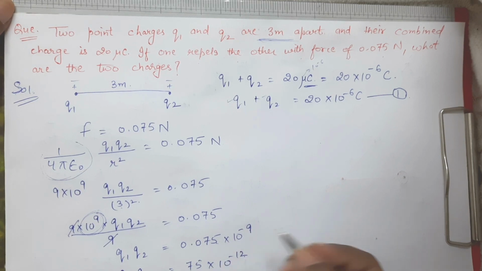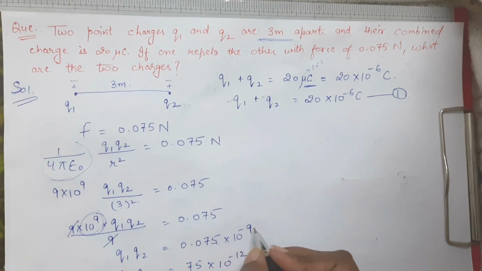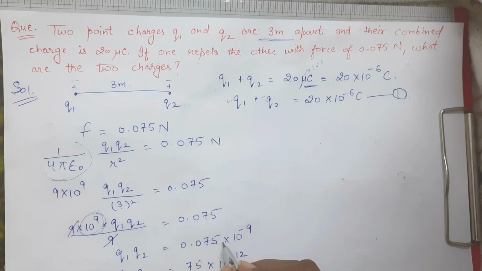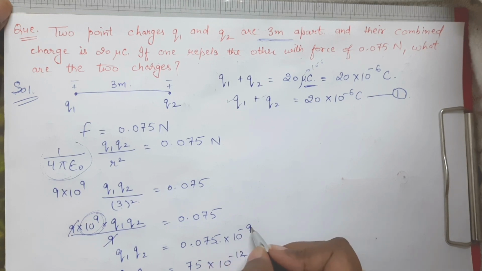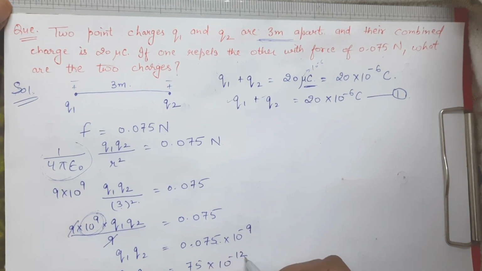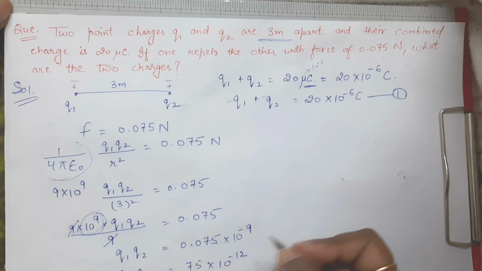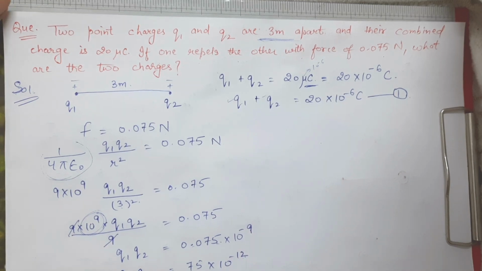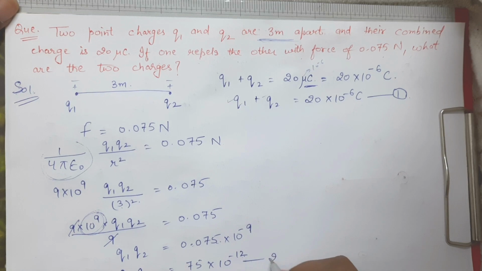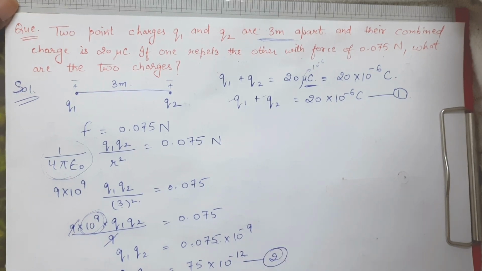So I hope this much is clear, that what I have done is I have taken this decimal over here, so I have taken it 3 digits after this, so I have added 3 here to this power, so we are having 10 raised to power minus 12 because I have pushed this decimal towards here, so I am going to get minus 9 as minus 12. So now suppose this is the second equation which I am getting.